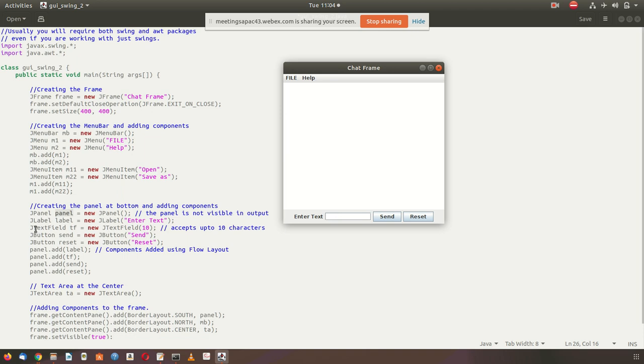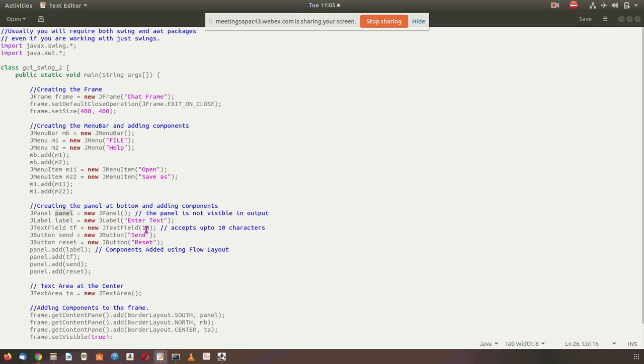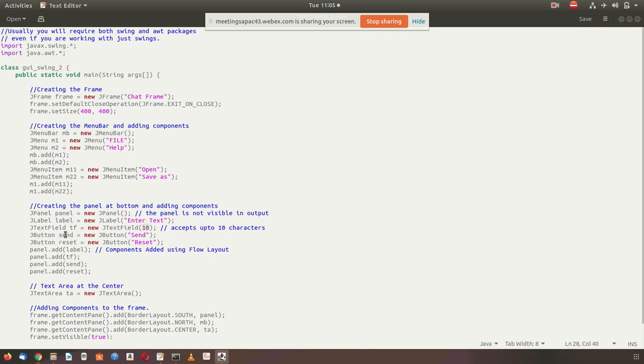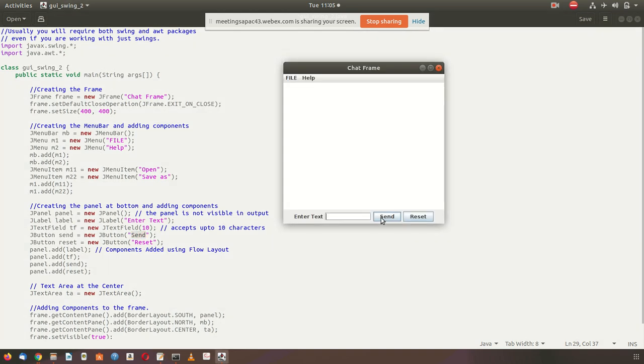To add a text field, it is JTextField, and 10 is the size in characters, how many characters it can take. After that, there is a button, JButton, send. Then there is the button reset.